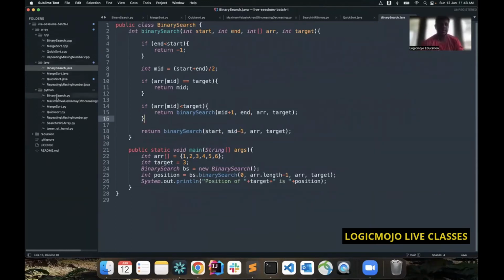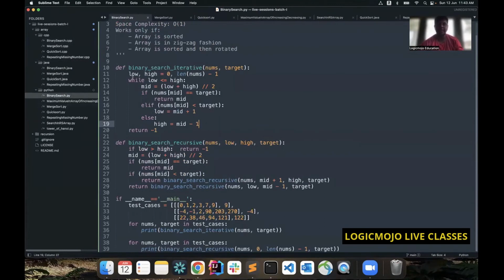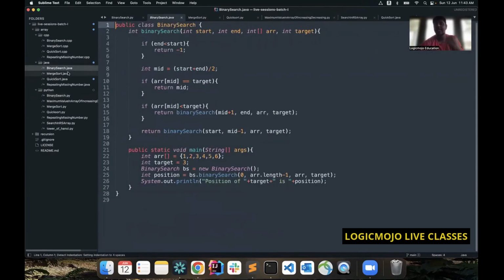And I have also put the iterative version as well. It's the same thing, just we are doing low is equal to mid plus 1 and high is equal to mid minus 1. It's the same thing, just we are using a while loop. So this I'm giving you as an assignment. Don't look at the solution now. Try to write an iterative